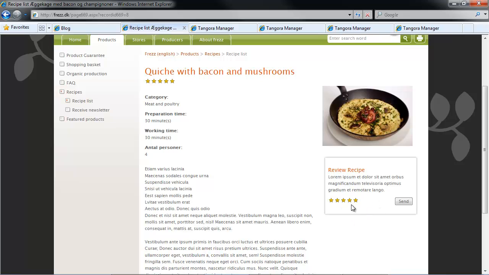The graphics and the scale of my feedback is up to me, so I could just as well have had 10 chef toques or frying pans or whatever graphic I wanted, or a simple thumbs up, thumbs down as I used in my blog. And I could even have attached a comment form to my recipes if I wanted to get people's written feedback as well as their rating.